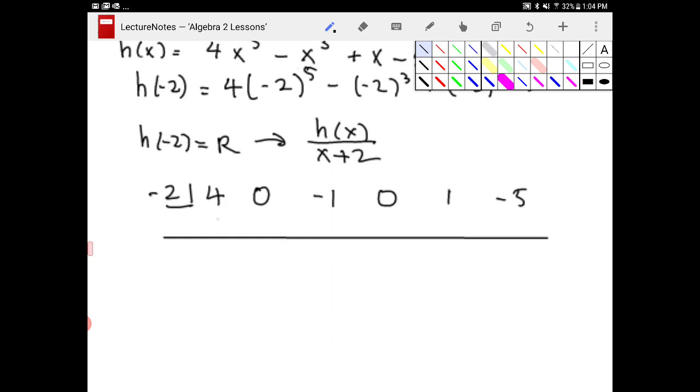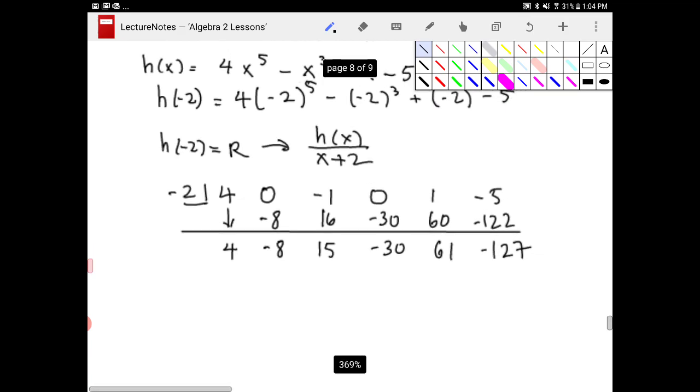Synthetic division says we bring down that first coefficient, 4. Multiply -2 with 4, we get -8. Add 0 and -8, I get -8. Multiply -2 and -8 together, we get 16. Add 16 and -1, I get positive 15. Multiply -2 and 15 together, I get -30. Add 0 and -30 is again -30. Multiply -2 and -30, I get 60. Add 60 and 1. Multiply -2 and 61, I get -122. Add them together, I get